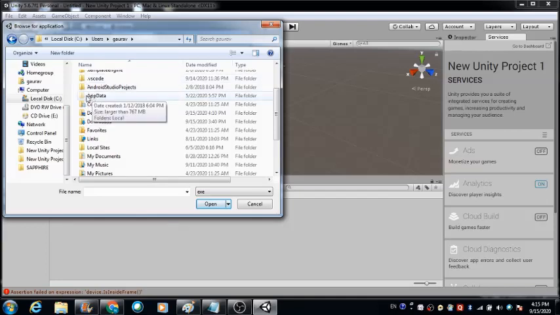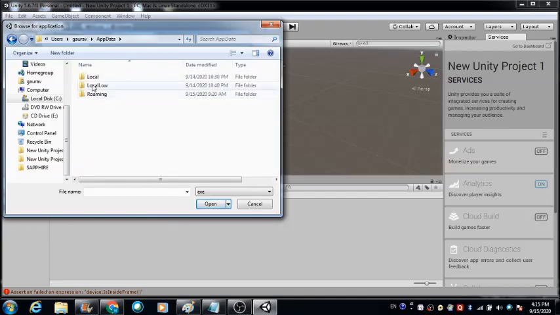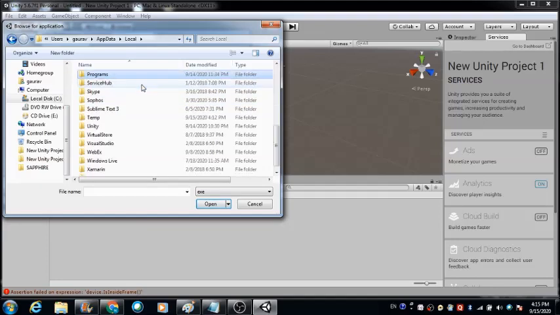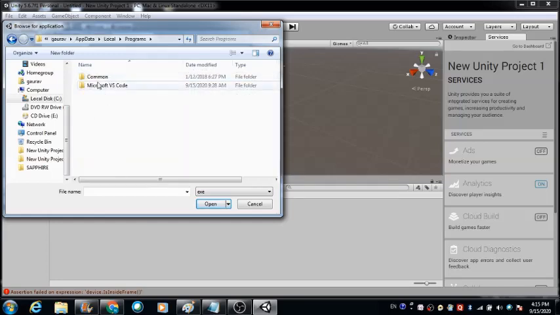Now you need to click on this AppData folder, then click on the Local folder, and inside this Local folder you will see a folder named Programs. Now double click on this. You will see again a folder called Microsoft VS Code.